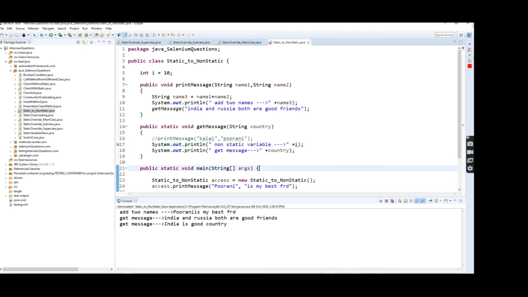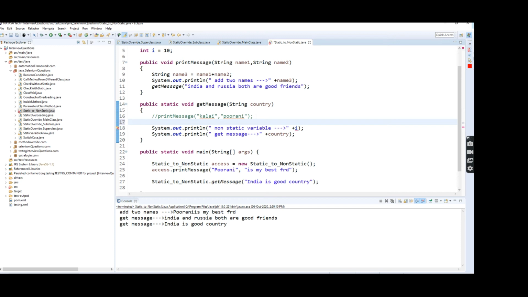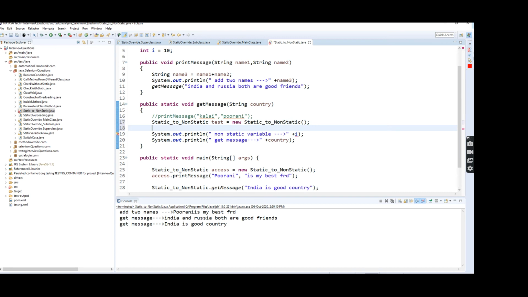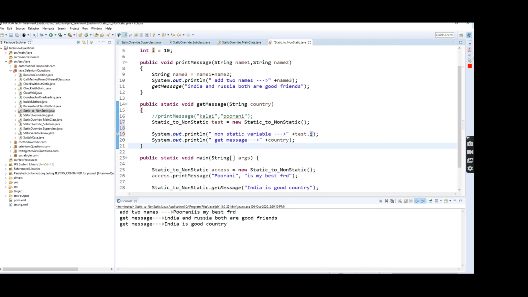Definitely it will throw an error, because how can we access a non-static variable? Using a reference variable of the class name, right? So here I'm going to create a reference variable for the class. What is the class name? StaticToNonStatic, and give it the name test, equals new StaticToNonStatic. So now I have successfully created a reference variable for the class. Using this reference, I'm going to access the non-static variable inside the static method, test.i. This time it compiles successfully.